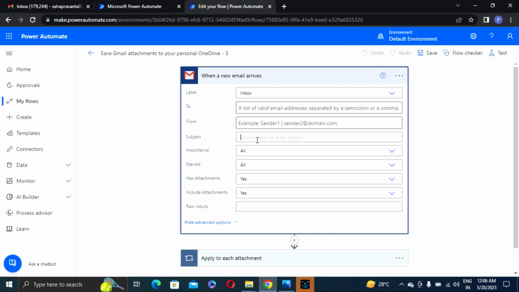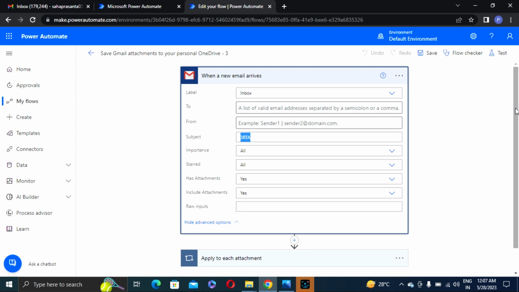So for example, in the subject line you have to mention something, so that whenever someone sends you an email with that particular subject line, or that particular word is contained in the subject line, then all the attachments related to that subject line will be automatically moved to your specific folder. For example, I am mentioning it as 3RTA. It means that if this particular word or this number and word is mentioned in a specific subject line on a specific email, all the attachments in that particular email will be automatically redirected to